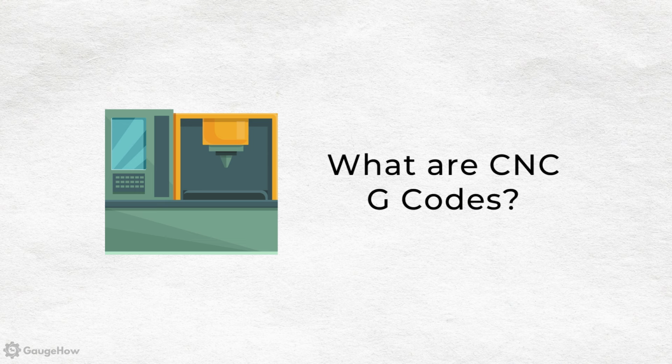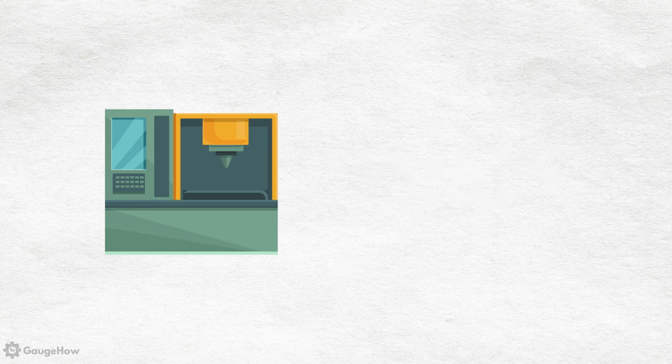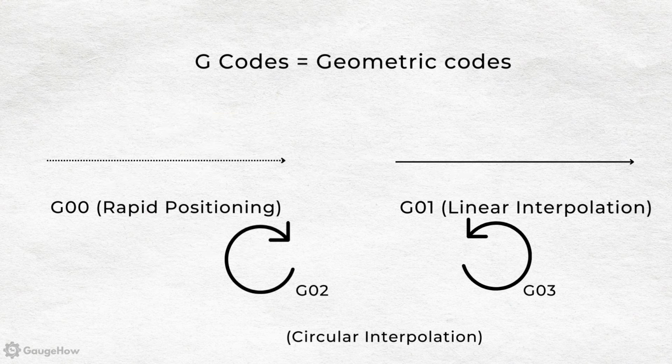Let us discuss what are CNC G codes. So CNC G code stands for the geometric codes and it specifies the type of motion and toolpath that the machine should follow. Let's first explore the role of G codes. Suppose if in the CNC machine we write G00, then it is used for rapid positioning. So this code instructs the machine to move rapidly to a specified position and it is used for quick positioning